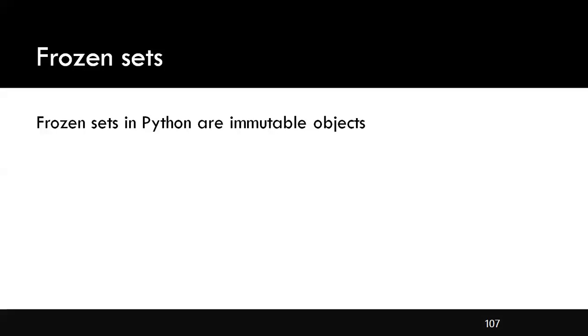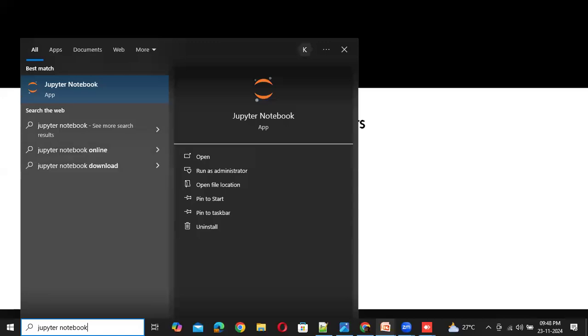And then you can perform the union operation, and the intersection also, and you can compare the sets too. All those things you can do using sets. So now we'll start exploring. I will just start the Jupyter notebook. One second.